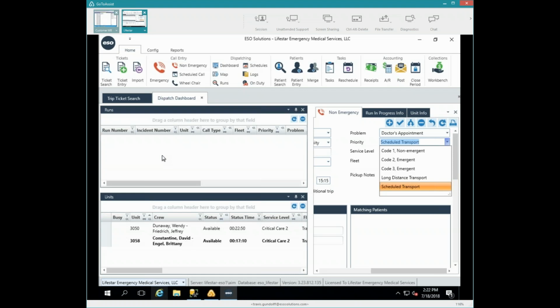So, again, I think the goal of having the difference between scheduled transport and long distance transport is so that it would show up and flash sooner. Like, oh, I have to get this. If we have to go all the way to Boston to get Dawn, I didn't say that name for you,